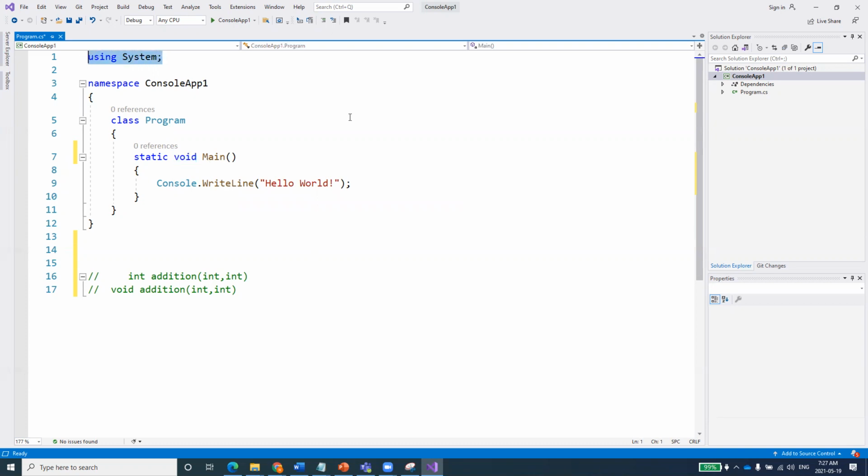If I just delete this System from here, for example, if I don't use this System, you see this squiggly error. Why this error? Because it says that Console does not exist here. Console exists in System. So there is another alternate way. First of all, let me just use that again. If I use that System,